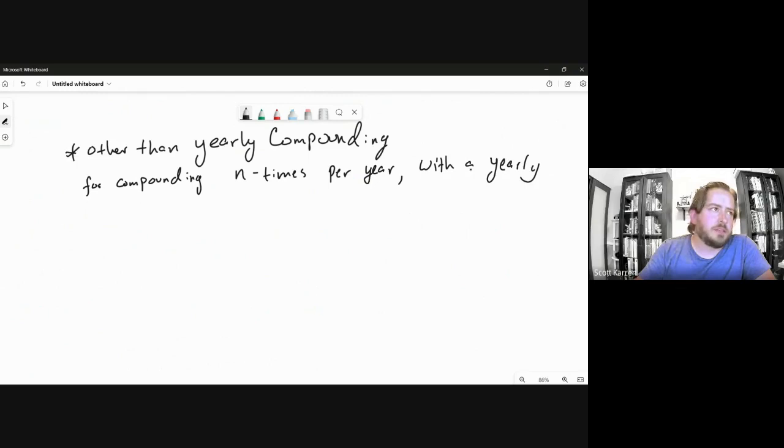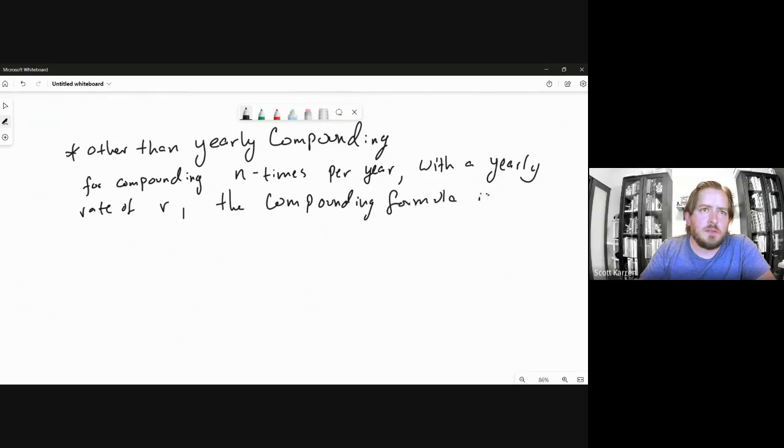So with a yearly rate of R, the compounding formula changes just a little bit. It is now the amount after a number of years. T is the number of years. So the compounding formula, after T years